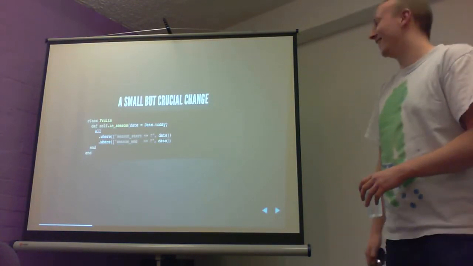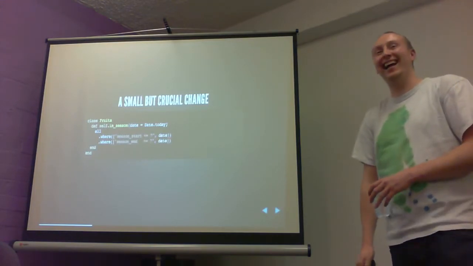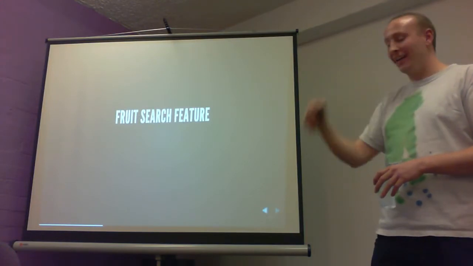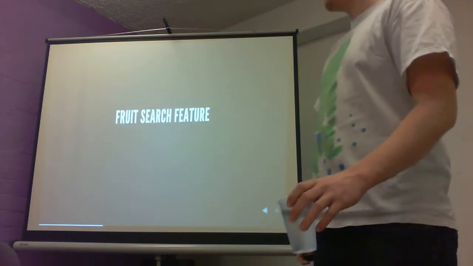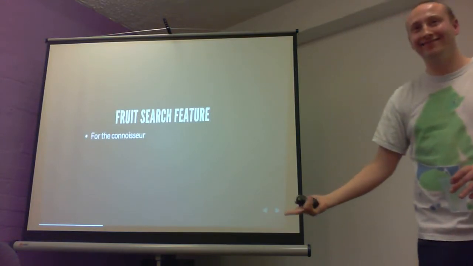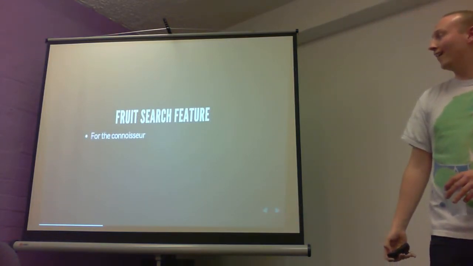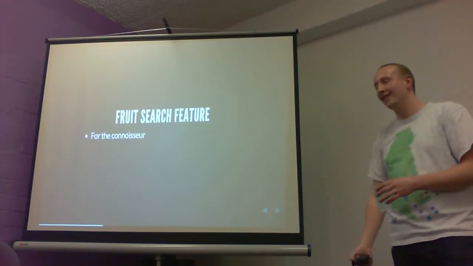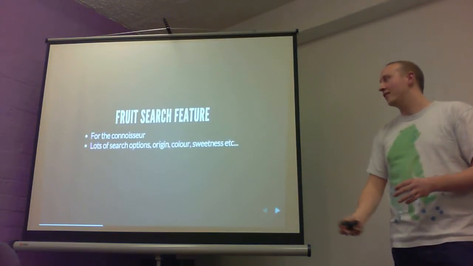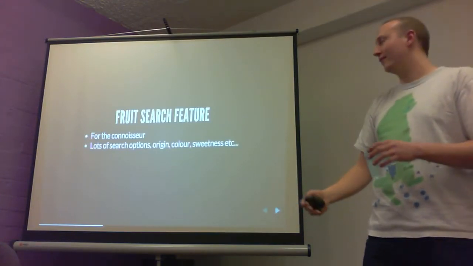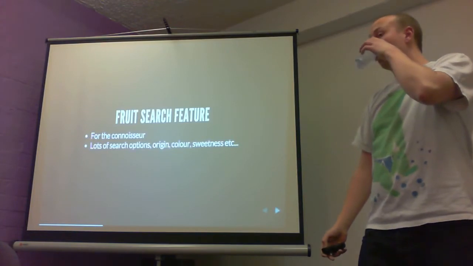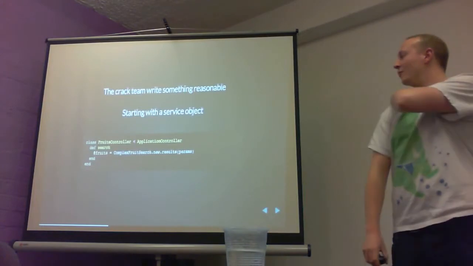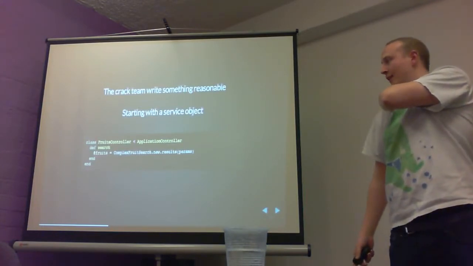I'll look into that. Sorry. The next feature would be a fruit search. So it's for the concept. This is going to be quite a complex feature because we've got a huge fruit catalogue with lots of different attributes. So there's things like origin, sweetness, colour, loads of wacky stuff. And you know, my team come up with something like this. So it's a complex fruit search,